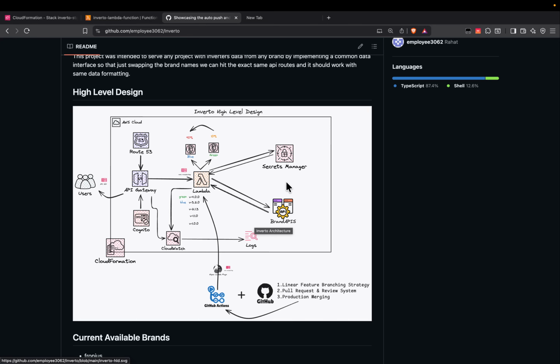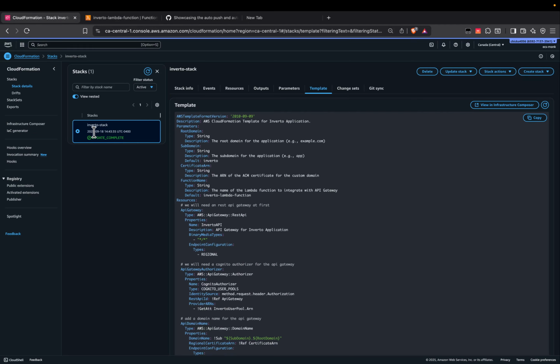So here, one component of DevOps is automatically deploying the entire infrastructure using CloudFormation, and the second part comes with GitHub Actions, where we automatically push the code, automatically shift the traffic from the green to blue with the passage of time, and also immediately roll back from the green to blue when we see a breaking change in the green that we have missed during our test cases or during our review process inside the GitHub. So without wasting any time, if I go back to my CloudFormation, you can see my stack here,